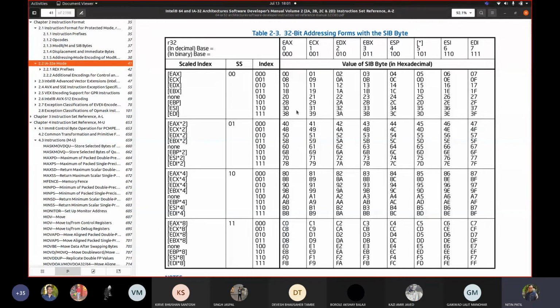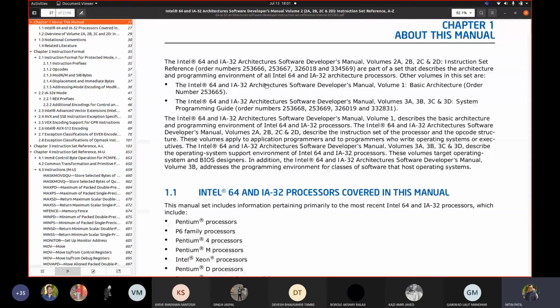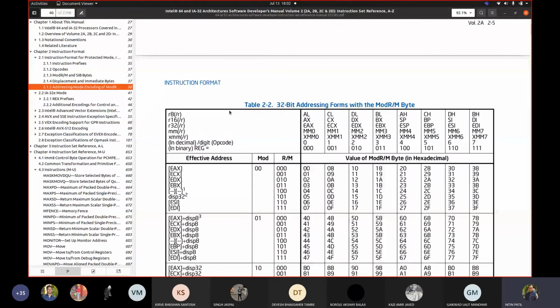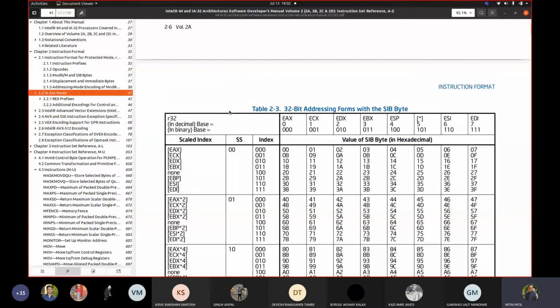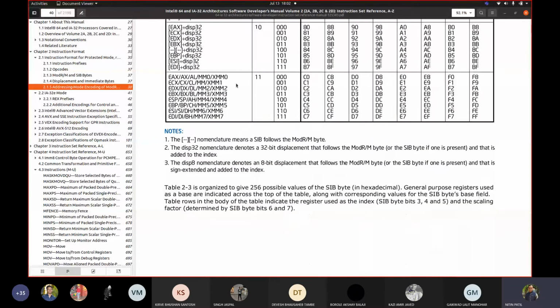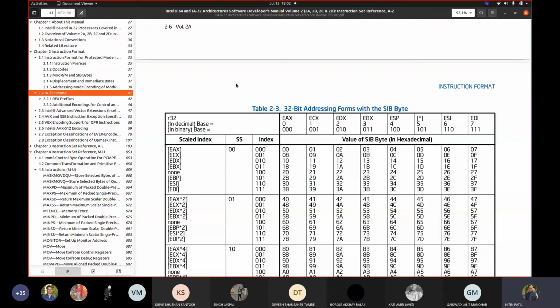Okay? Write down this page number. Which is it? Page number 41 in this document, as per the page. You can see this SIB table. So which tables would be important for us? This SIB and, sorry, let me go here. This is the 32-bit thing and this is the 32-bit thing. This is SIB and the above is ModRM. So page number 40 and page number 41. These two things are important. Any question?